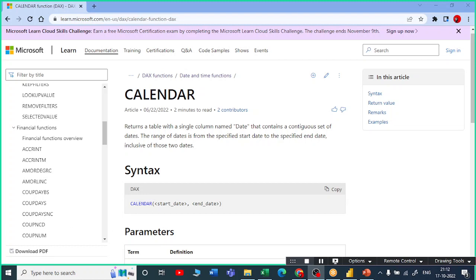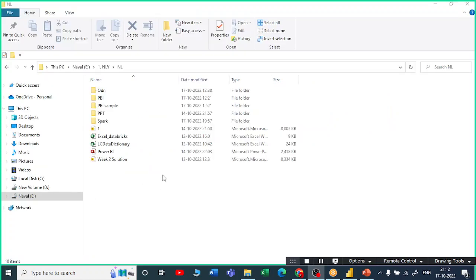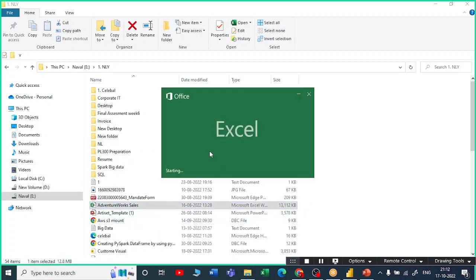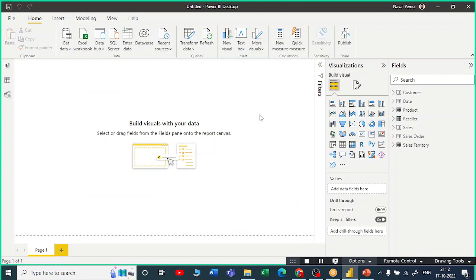Okay, then let us go back to Excel, do some rough calculations there, and relate that to DAX. Let me open the AdventureWorks dataset, which I have already given you the link to. The same dataset I have published into my Power BI Desktop. You can see it here, the same. Before going to Excel, I would like to show you a few things